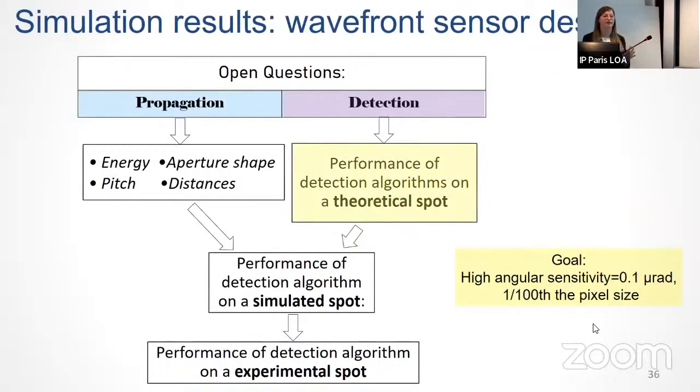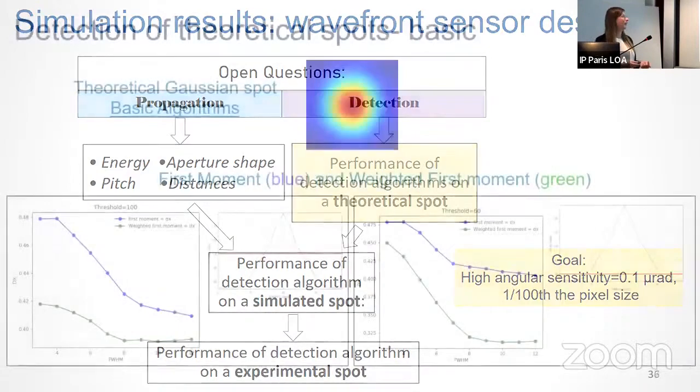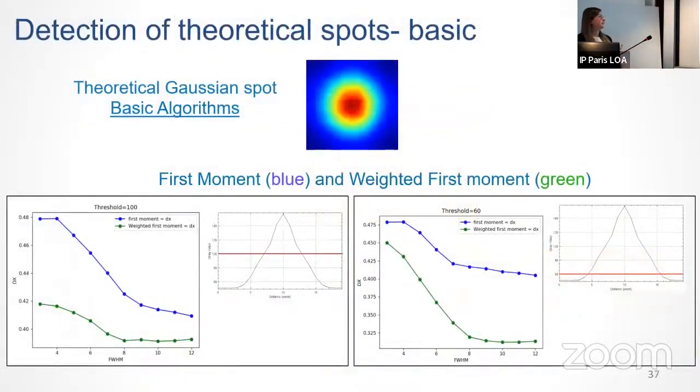So we will look at the results of our detection algorithm on theoretical spots. Our goal is to arrive at 0.1 microrad of sensitivity, since we want to sample deflections in the hard X-ray energies, where the deflections are very small. So we want to arrive at 1/100 of the pixel size. So this is the result